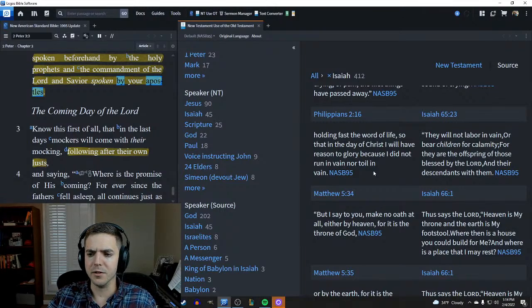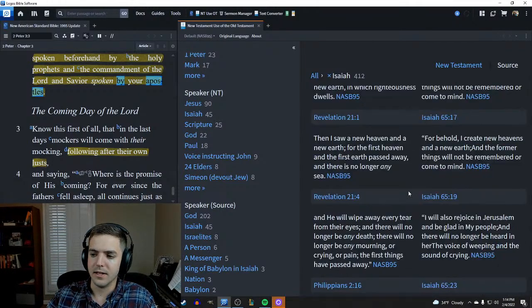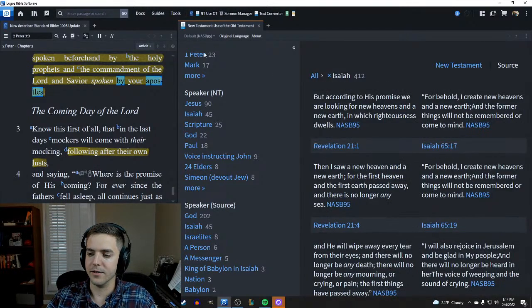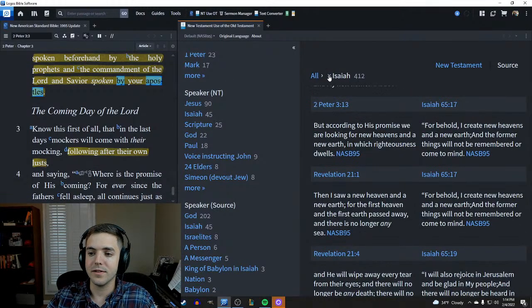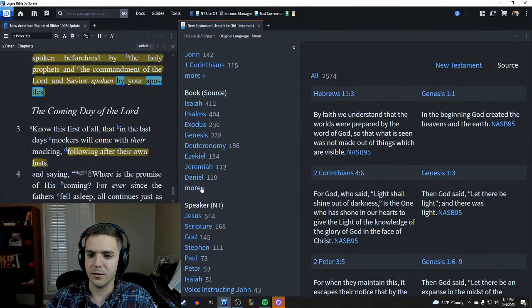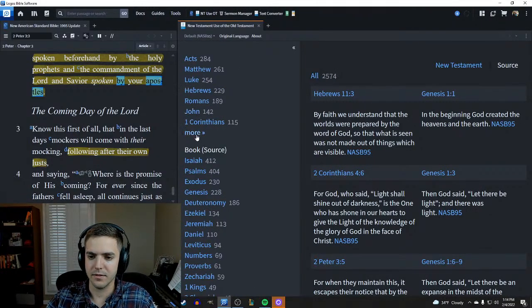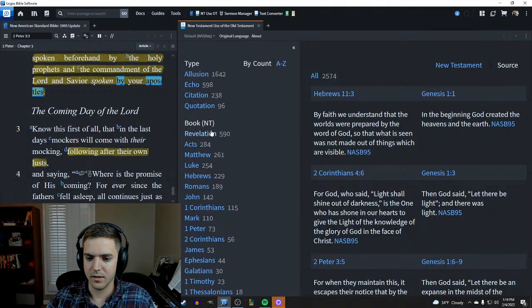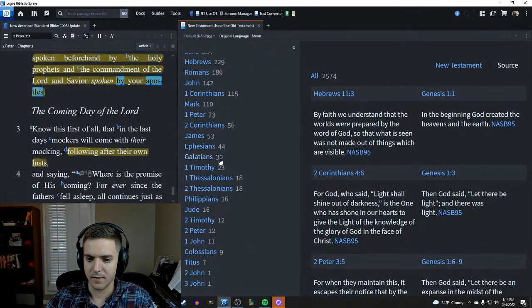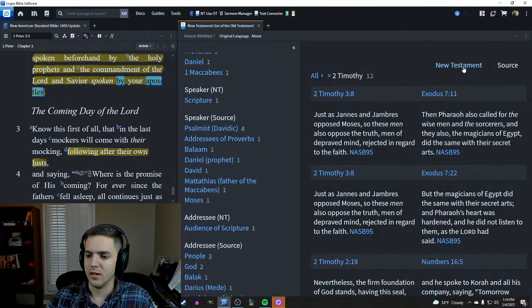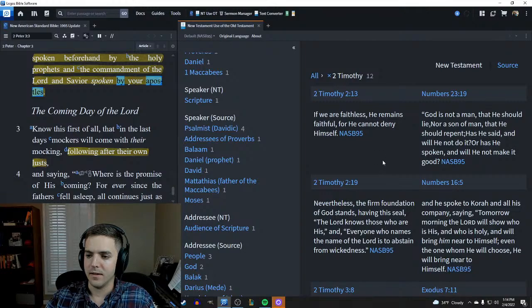And then you look at this tool, and it starts to point out all kinds of different things that you never even knew were in the text. Like, let's try one. If I go to 2 Timothy, let's see. 2 Timothy here. There's 1 Timothy. There's 2 Timothy. Who knows what'll pop up, right? Like, for example,